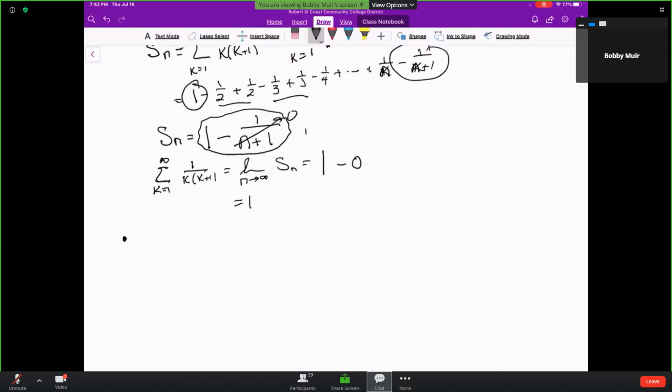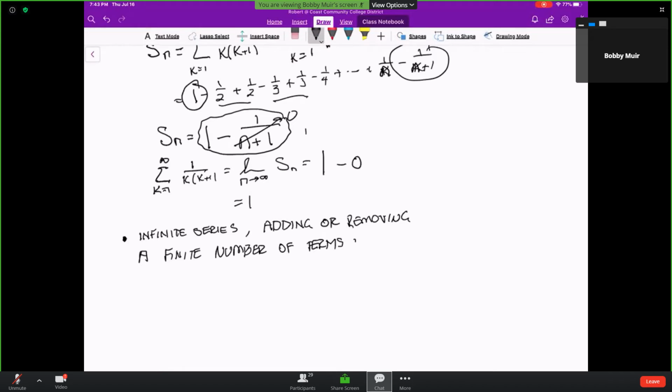So for infinite series, adding or removing a finite number of terms will not